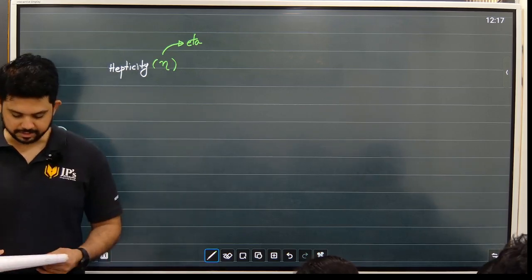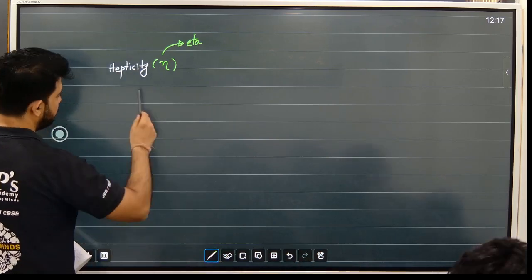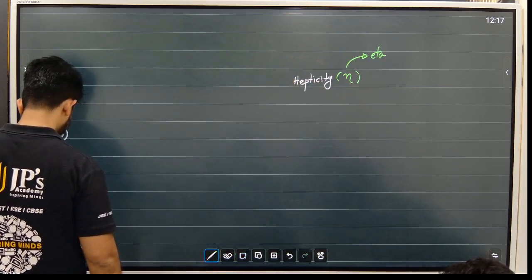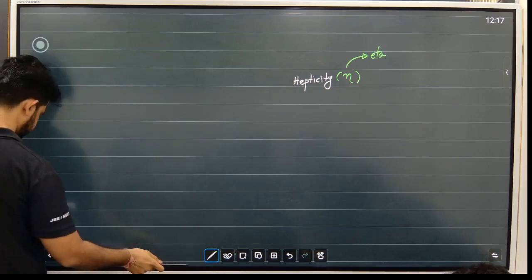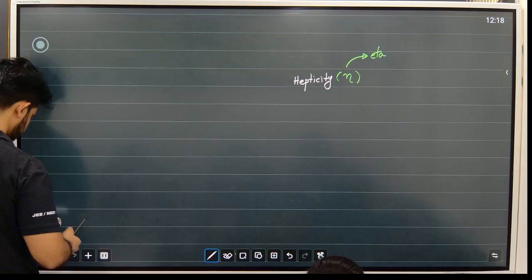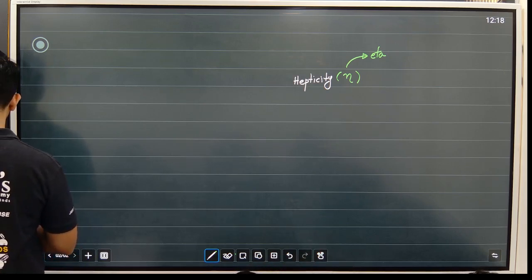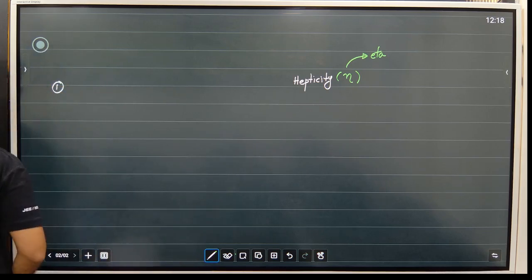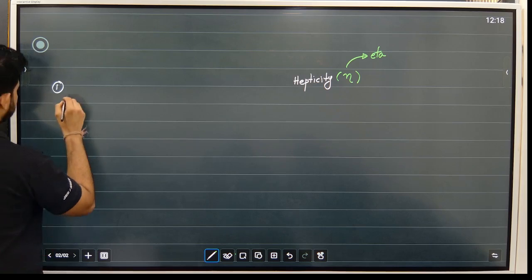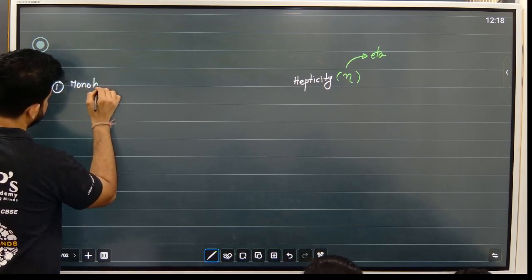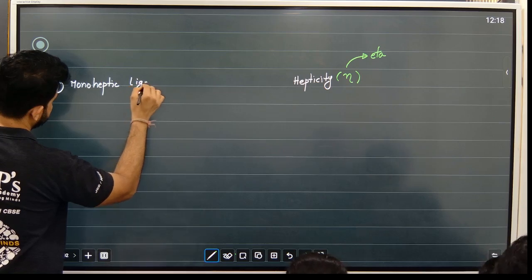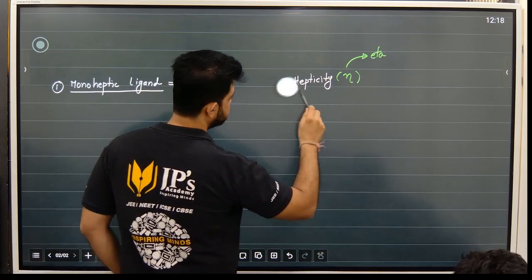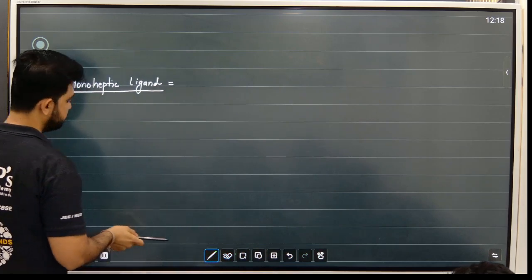Please write down. Hapticity is the number of donor atoms that are directly connected to the metal center. On the basis of hapticity, the ligands are classified as